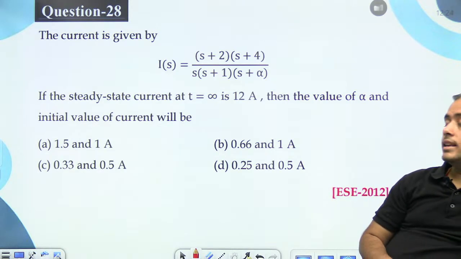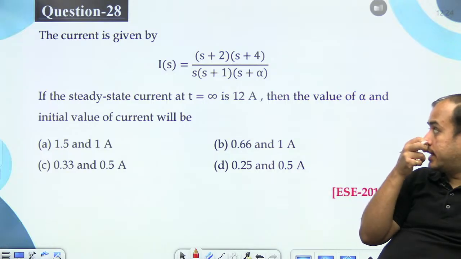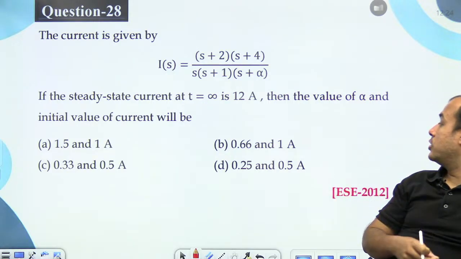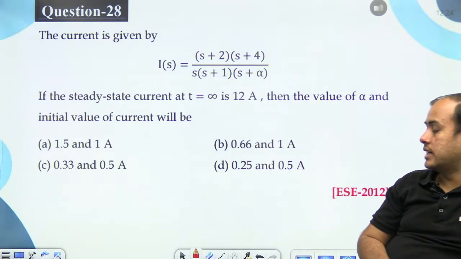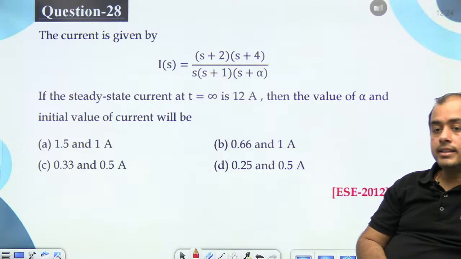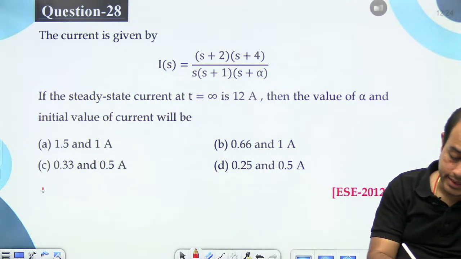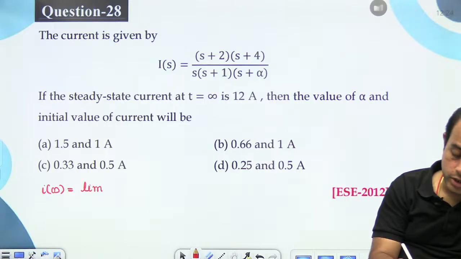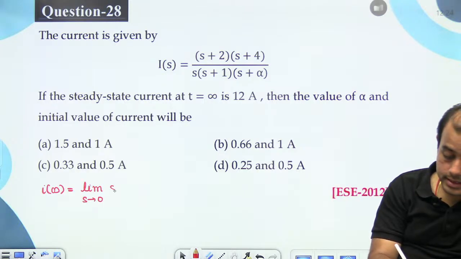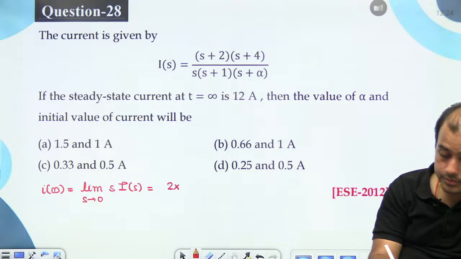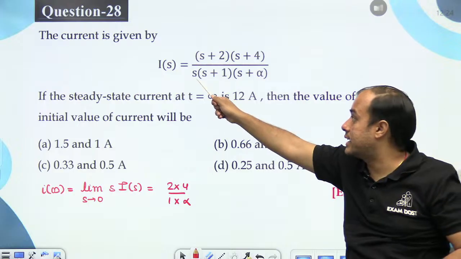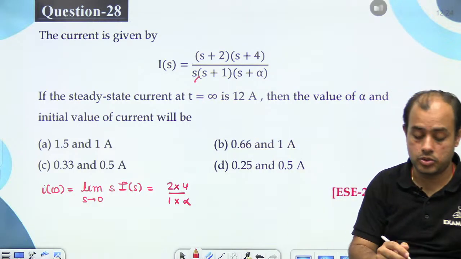Okay, the current in a circuit is given by, the steady state current is 12, then the value of alpha and the initial current. It is giving us the steady state current. So that is determined using final value theorem. Steady state current final value theorem से आता है। This S will get cancelled. ये जो S है ना, ये कैंसिल हो जाएगा।